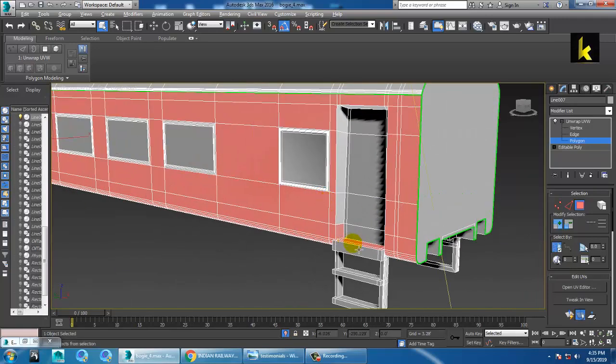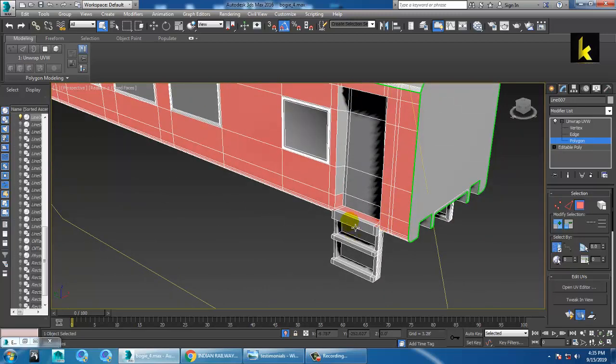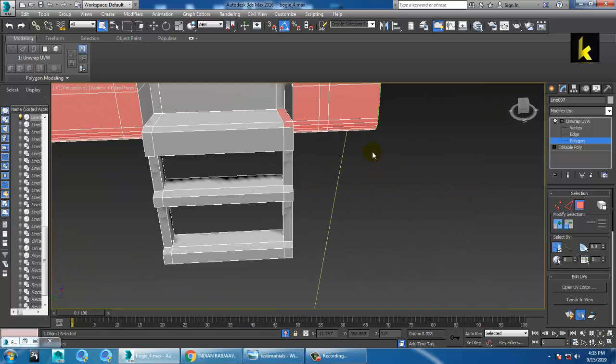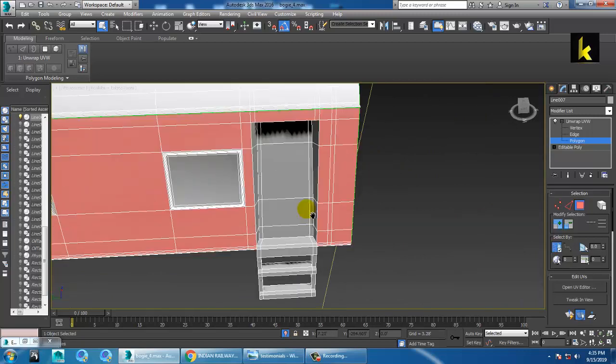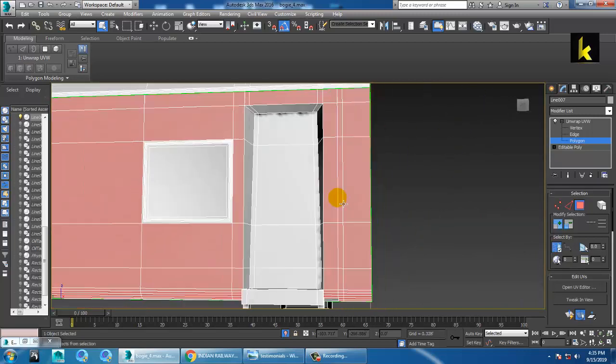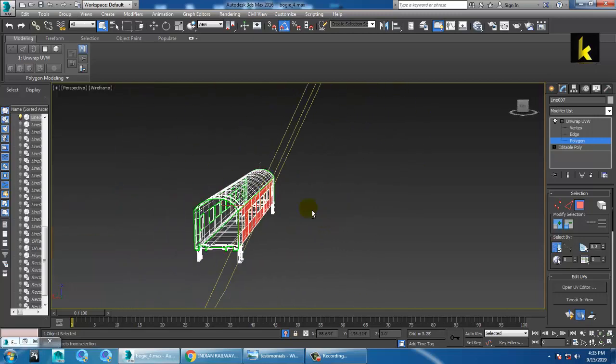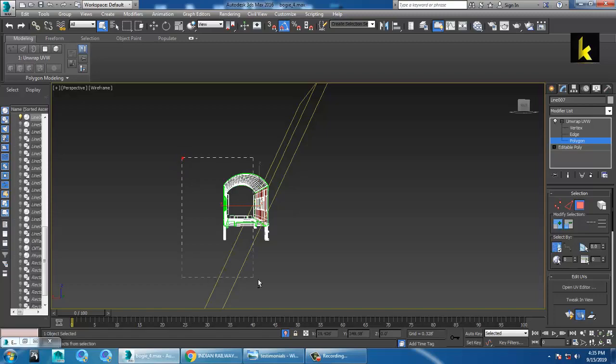Same thing over here also. So just subtract all of these elements. Okay, so once you're done with all of this stuff,